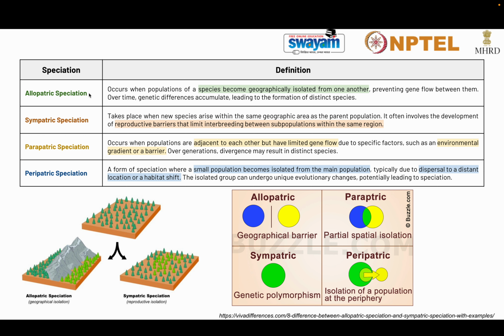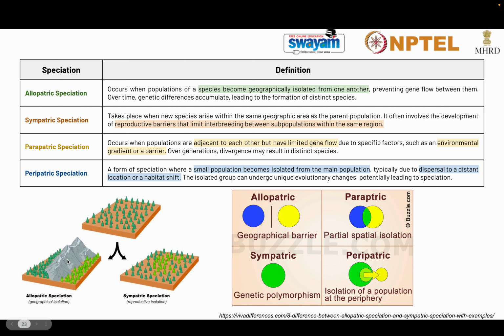Firstly, allopatric speciation arises because of geographical barriers, due to which gene flow between the two populations is prevented because they are separated. It could be mountains or a river flowing between them, due to which they are not able to cross this barrier and the gene flow is hindered. They cannot exchange their genes with one another. With time, they will accumulate genetic differences and ultimately become entirely distinct species and they will not be